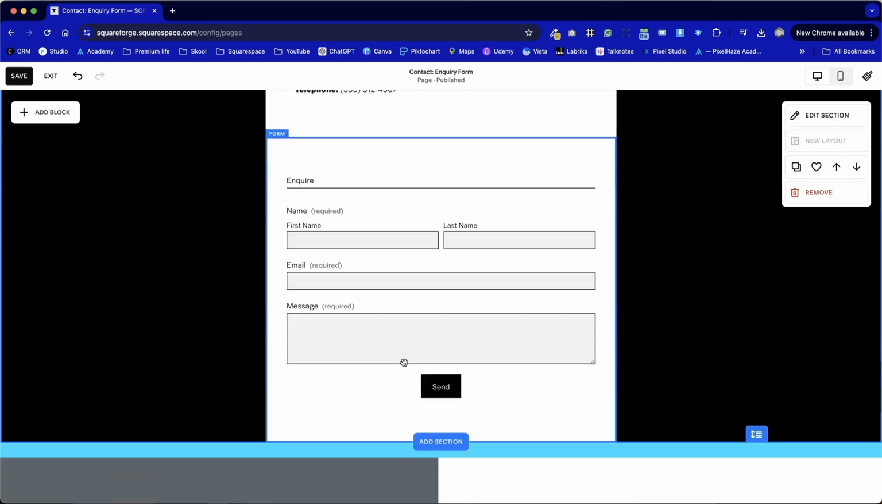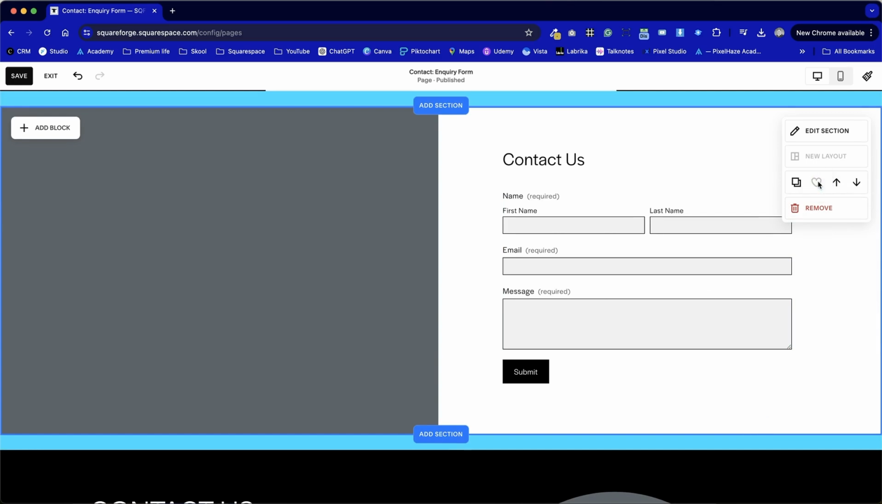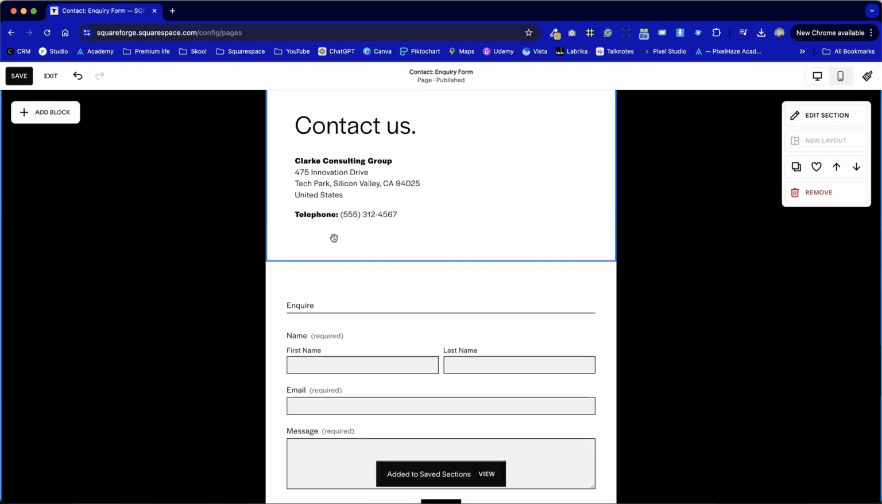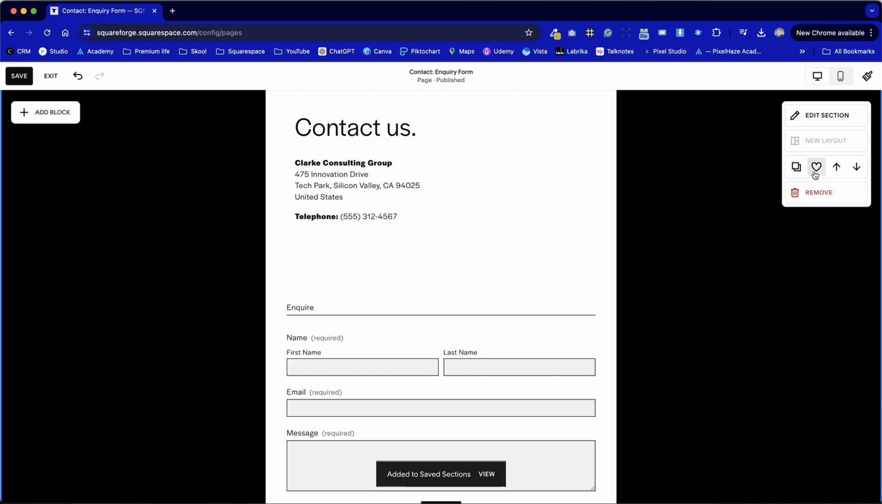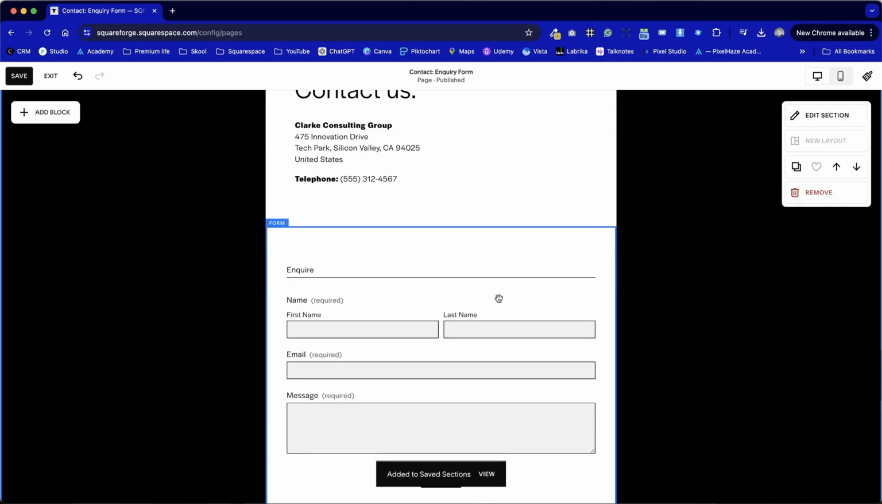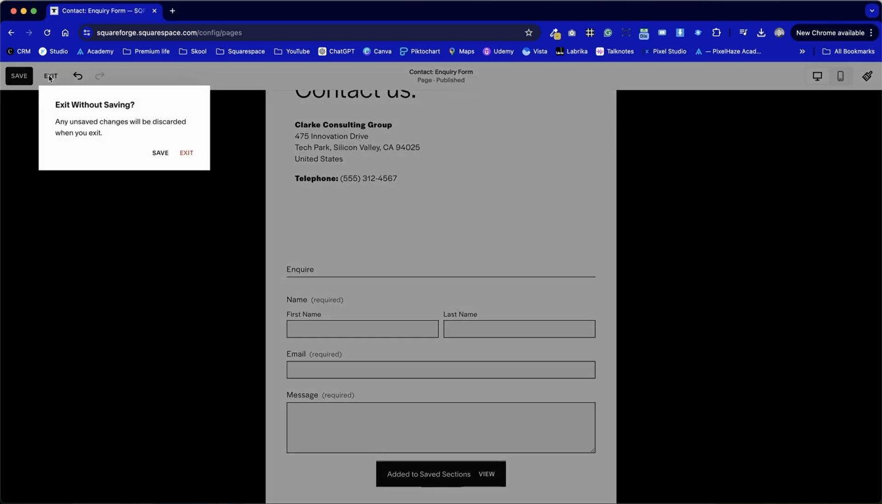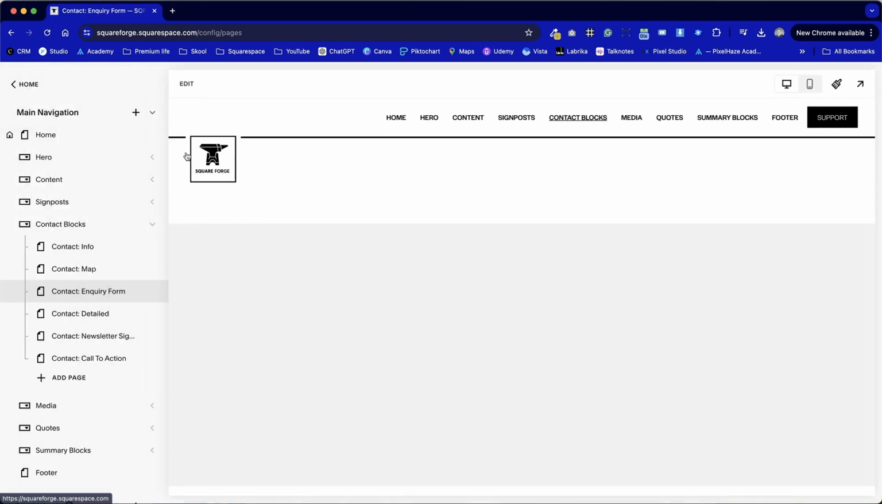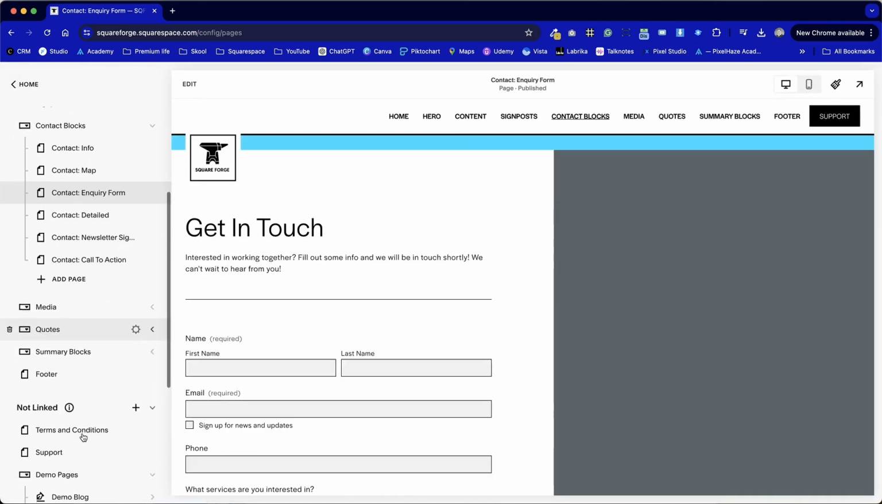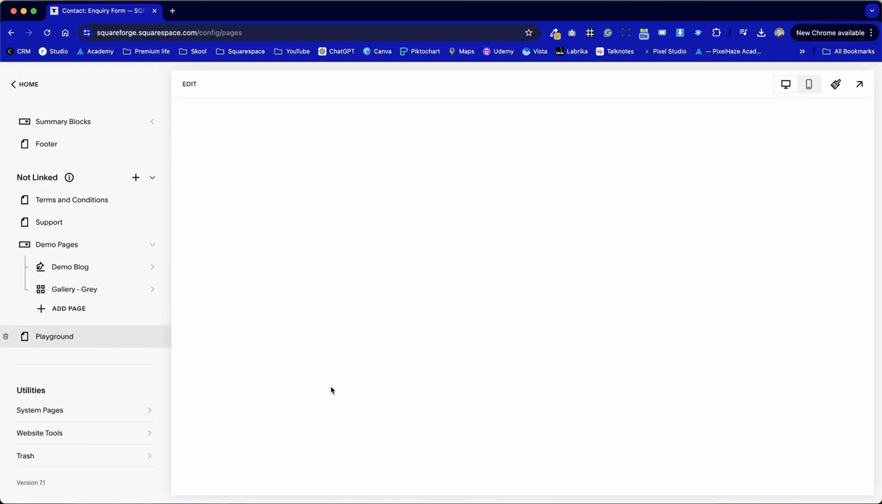We find the selection that we like, and we'll save it as a favorite for later. If you don't have SquareForge or you don't intend on getting hold of it, don't panic, because I'm going to show you how to build both of these forms from the ground up. So now I've saved those, I can exit and I don't need to save the page. Those are now saved as favorites, and we can go down to our playground page